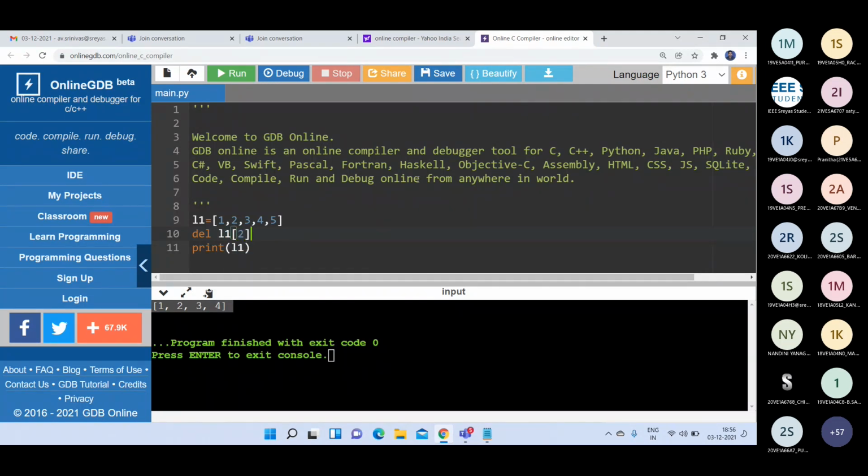You can specify the index value like this also. Then 3 will be deleted. You will get 1, 2, 4, 5. This is another option for deletion. You can use the DEL operation. This is not a method, this is an operation: DEL space L1 of 2.